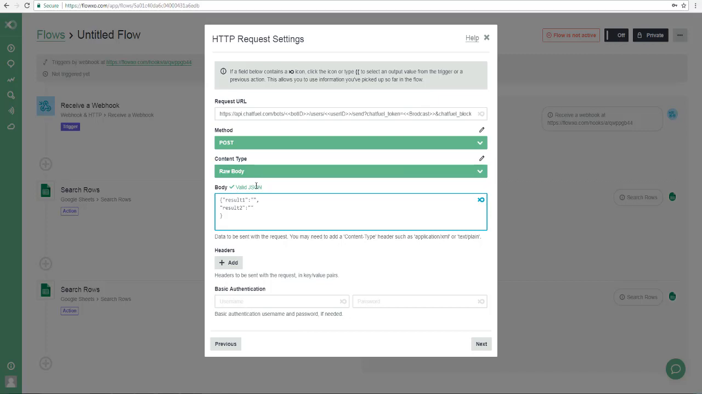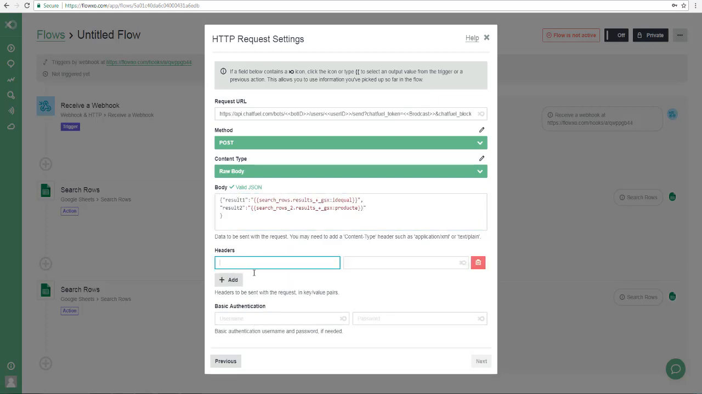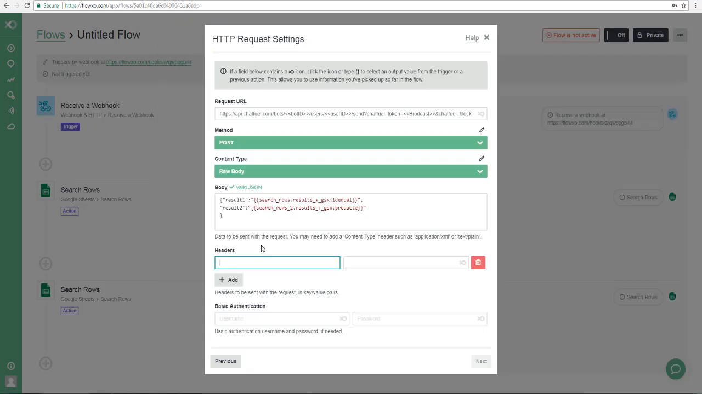This is valid JSON, it's showing you valid JSON. These names, it's up to you, you can name them whatever, but make sure these names will be used again in Chatfuel to call the result. So I'll make it result 1 and I'll ask it here to show me the ID equal, and in this one I'll ask it to show me the product number, and I'll add one header. Okay, and also this you will find in the description of the video, this one here